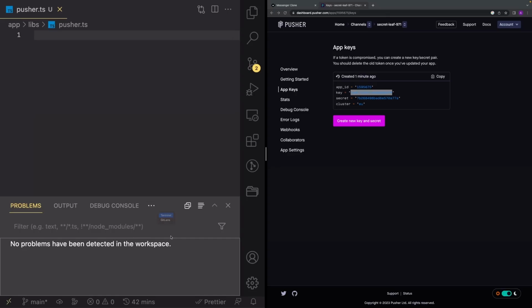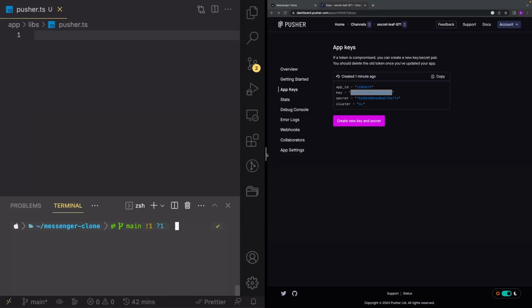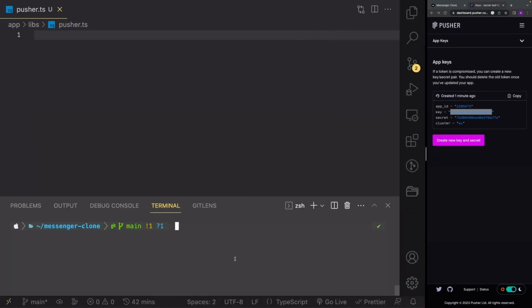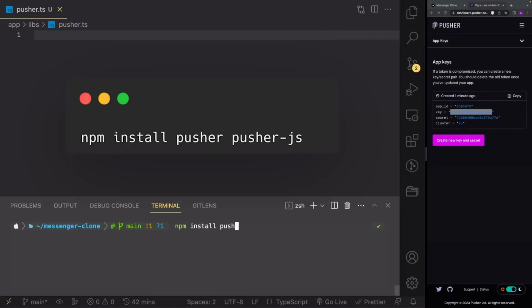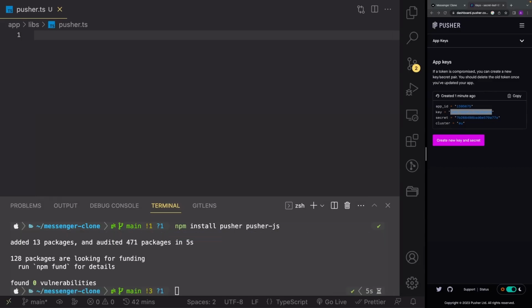So go ahead and open your terminal here. And I'm just going to expand this so you can see what we are installing. So go ahead and write npm install pusher and pusher-js, like this. So just wait a couple of seconds for this to install. Great. So now that it's back, I'm going to do import Pusher